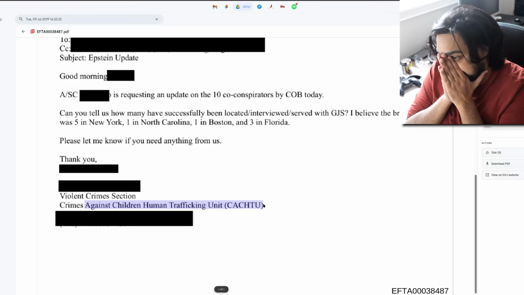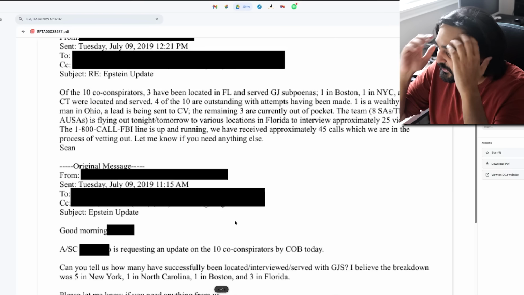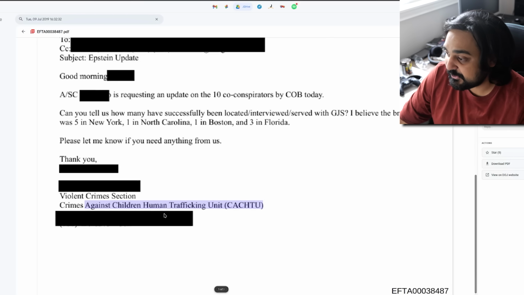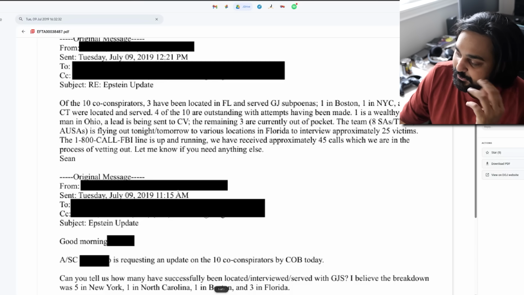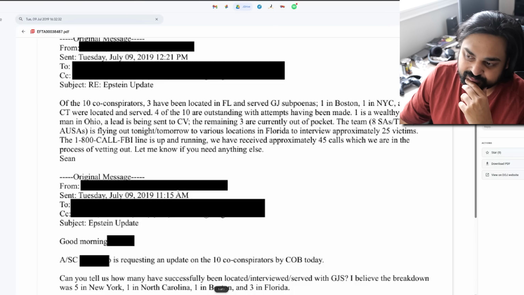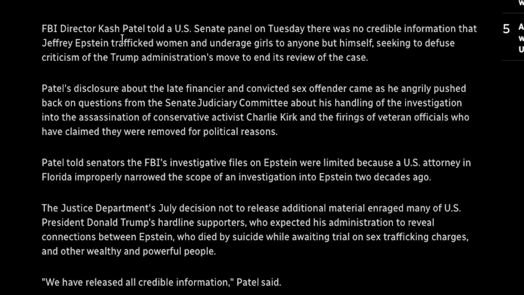Now, again, this is an email that is done. This is literally federal agencies, serious federal agencies, talking about this entire situation. So it's interesting to me when I read more and look at the previous statements. I might have to re-look into Kash Patel, but he said something about there being no credible evidence. Like, again, Epstein was trafficking people. I'd have to really re-listen to that quote again.